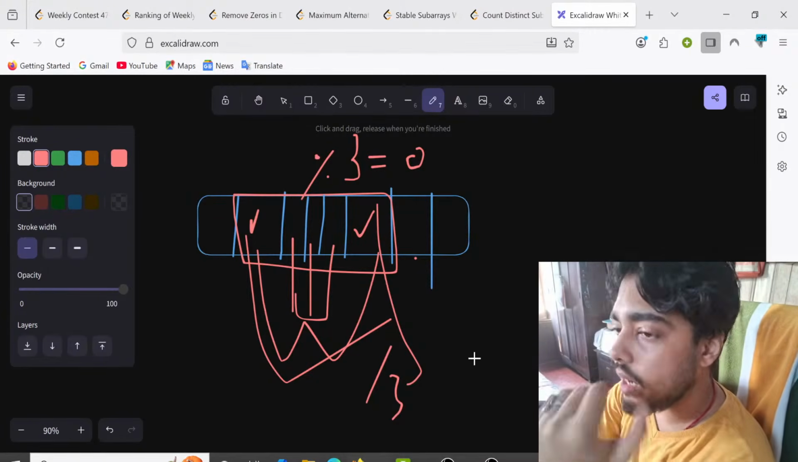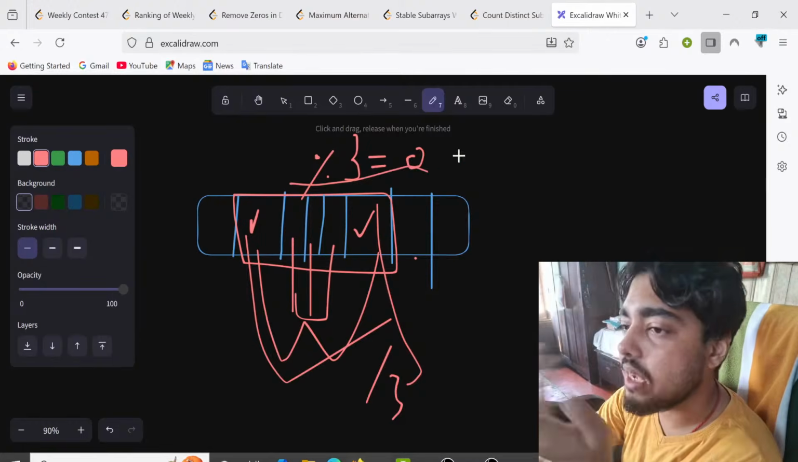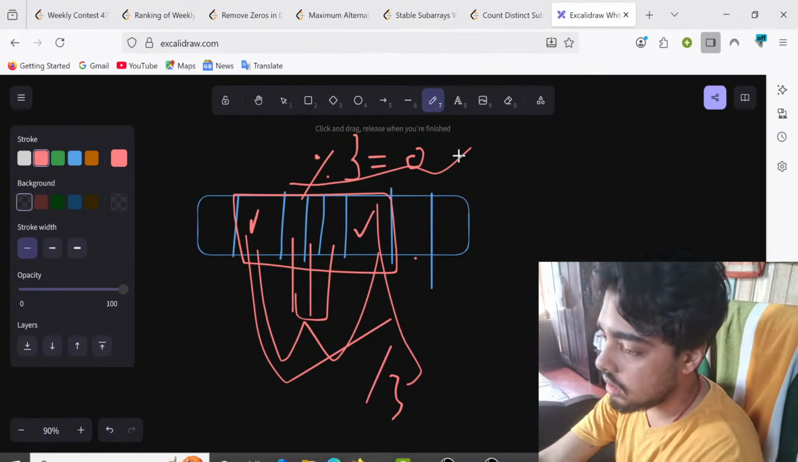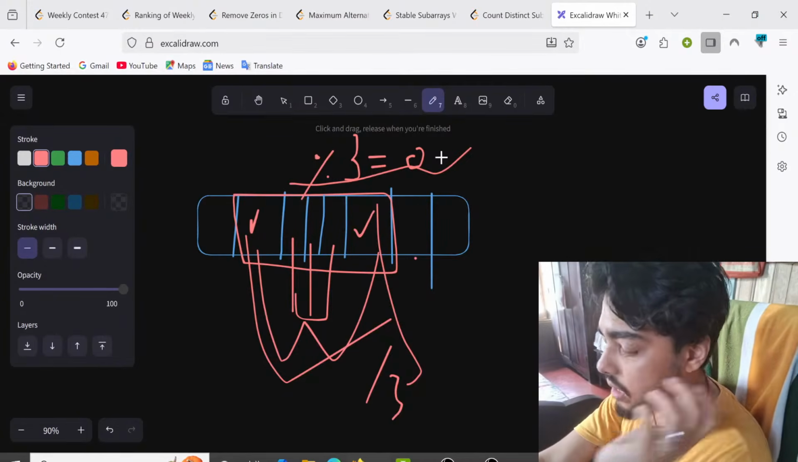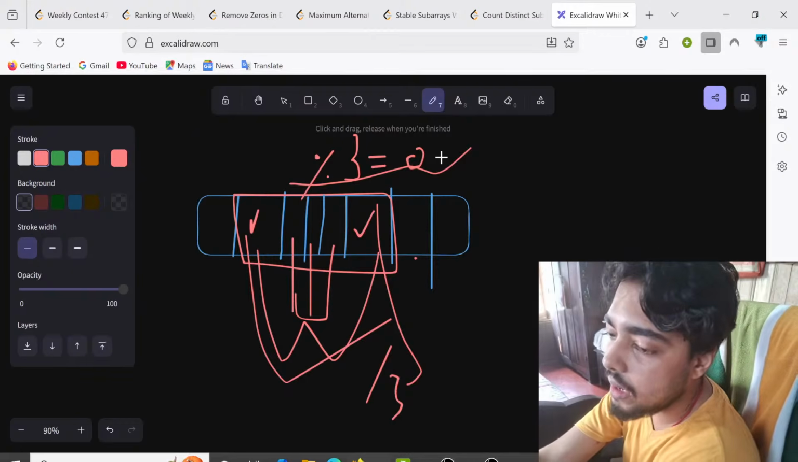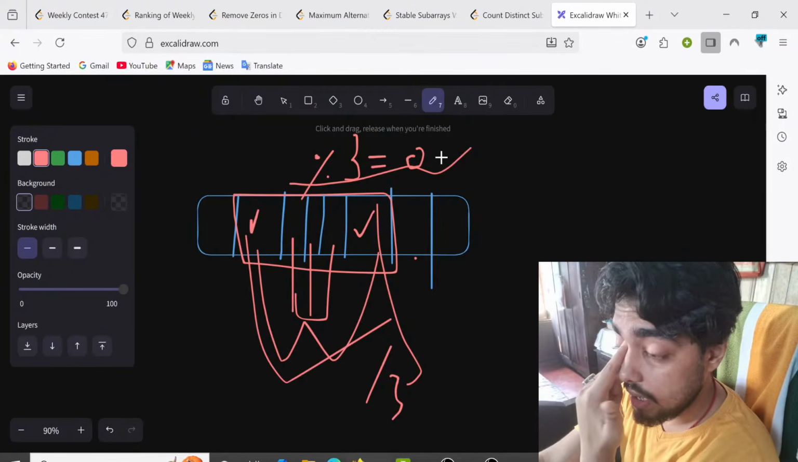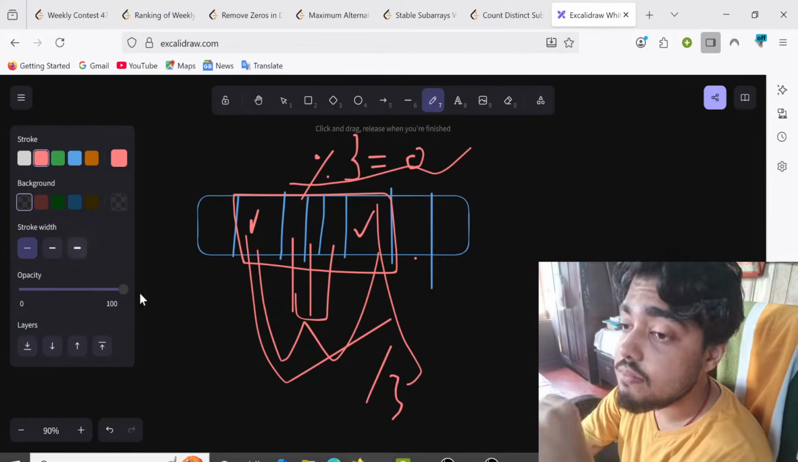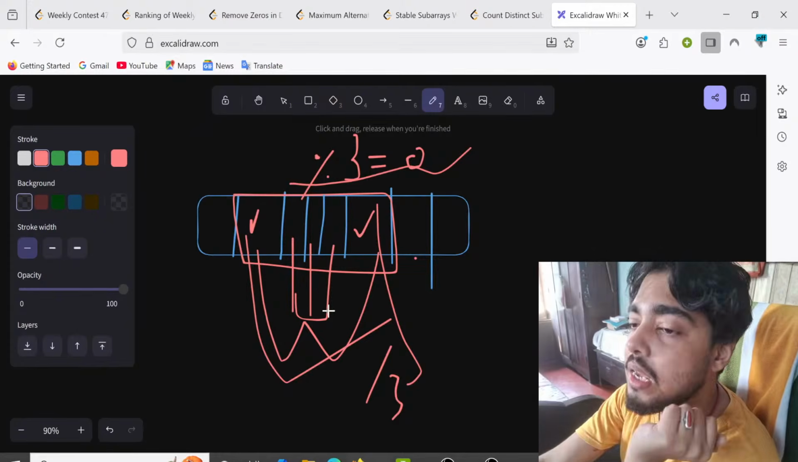Okay. Another method: don't think so complex, don't think so mathematically. Being a CP coder you have to be a little bit mathematical and logical, but not always, right? If it is not hampering my time complexity, I am okay to go with it. So now look, I have to check all the subarrays, which means